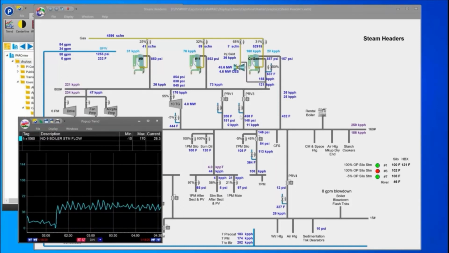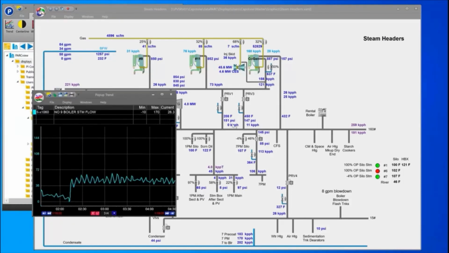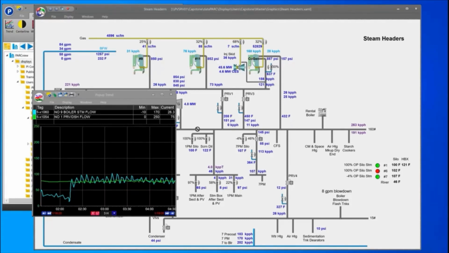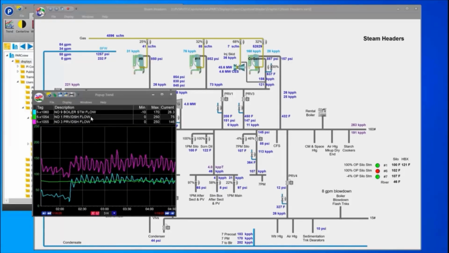So next, we're going to look at the next layer down to try to figure out if the issue is persisting in the layer beneath it. You can see we've got a couple different objects in this next layer here, specifically PRV1 and PRV3. So we'll grab the steam flow for both of those. And curiously, we notice that our green tag is flat, probably not the issue, but our purple tag for PRV3, again, seems to have that similar pattern. So we can be pretty sure that the problem might be in PRV3 or somewhere underneath it in the diagram.